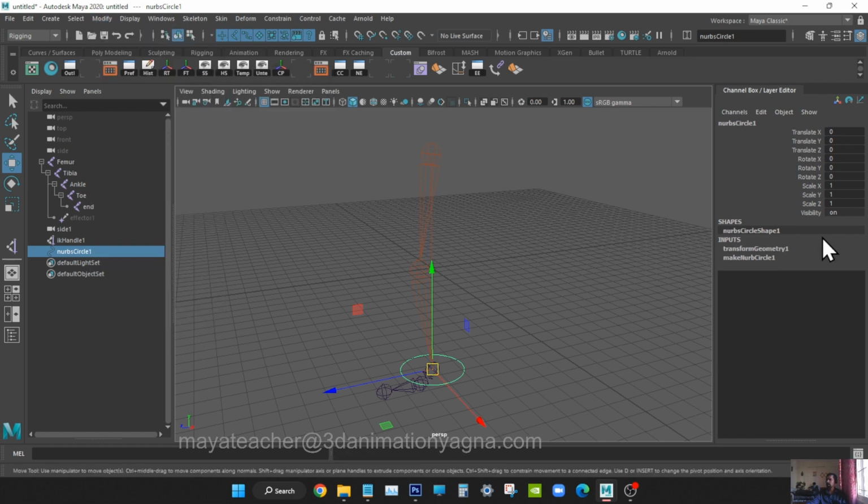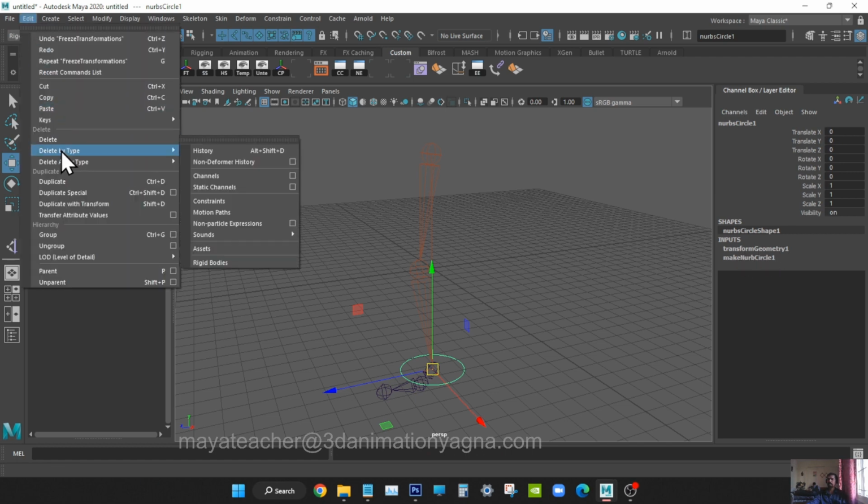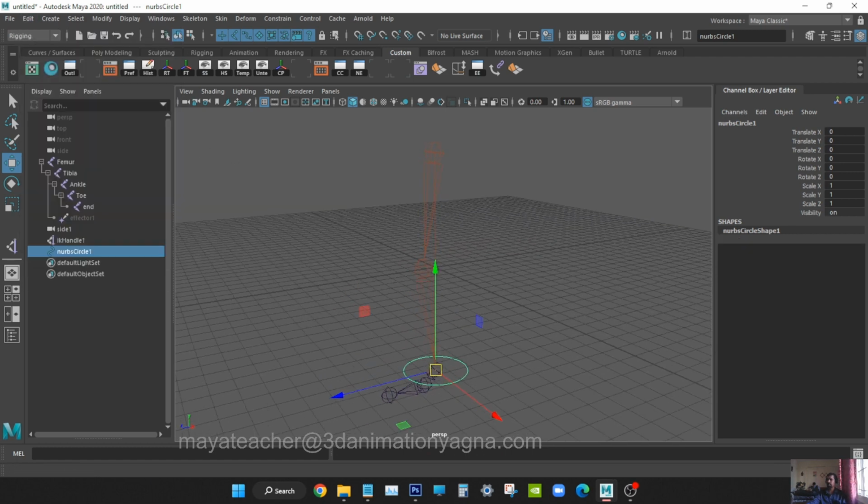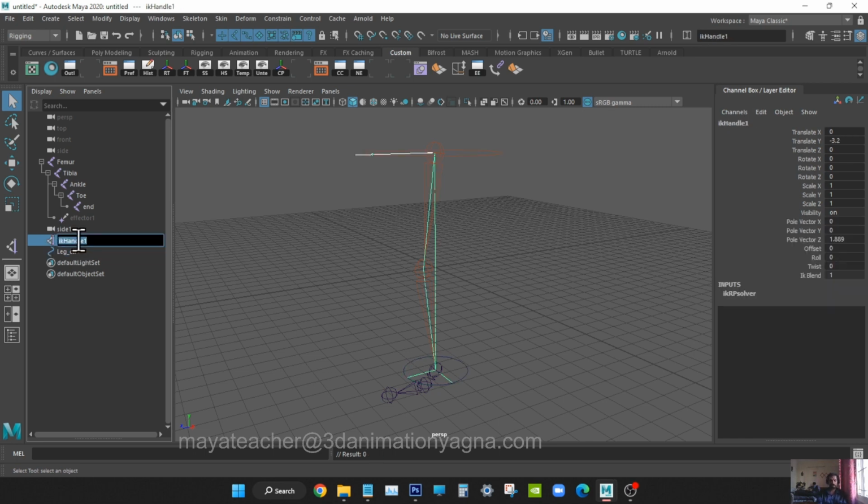Yes, it's done. You can delete the history, edit, delete by type history, rename this as leg